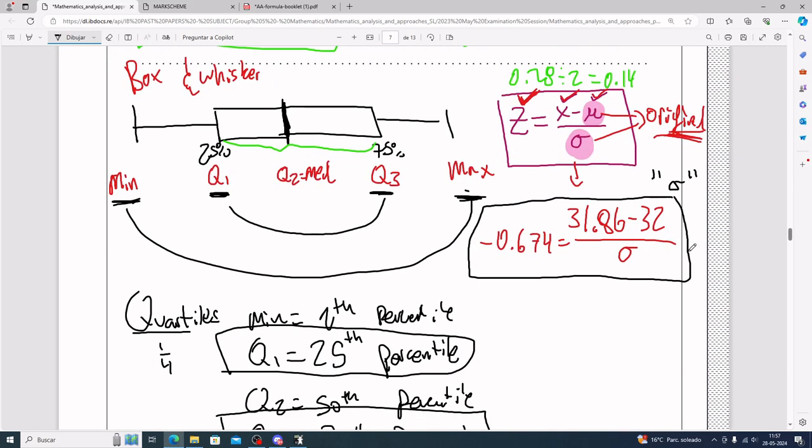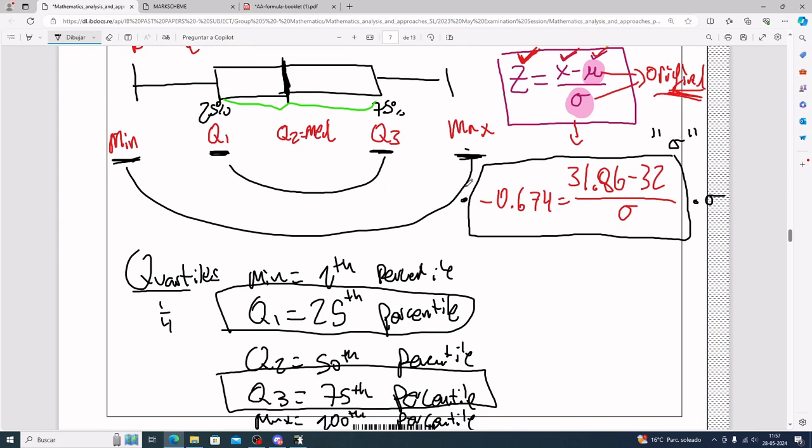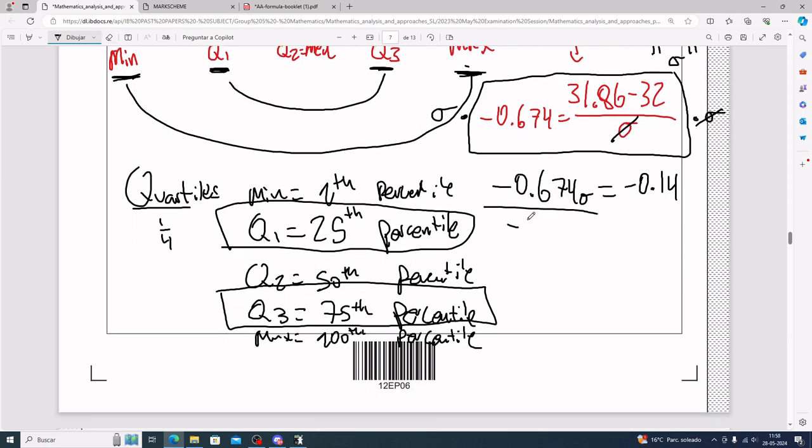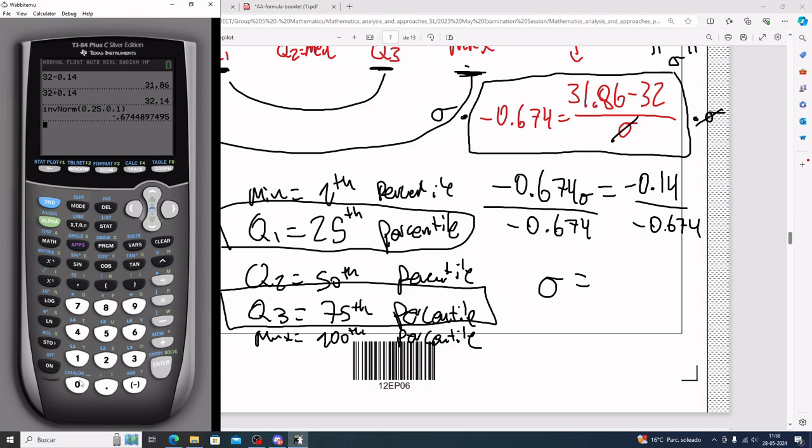See? So on the one hand, I would start off by multiplying standard deviation to both sides. That makes this go away with this. You end up with negative 0.674 standard deviation equals, and up here it's going to be negative 0.14. If I do quick maths, that sounds correct. And so from here, you can divide both sides by negative 0.674. You end up with a standard deviation of negative 0.14 divided by negative 0.674,